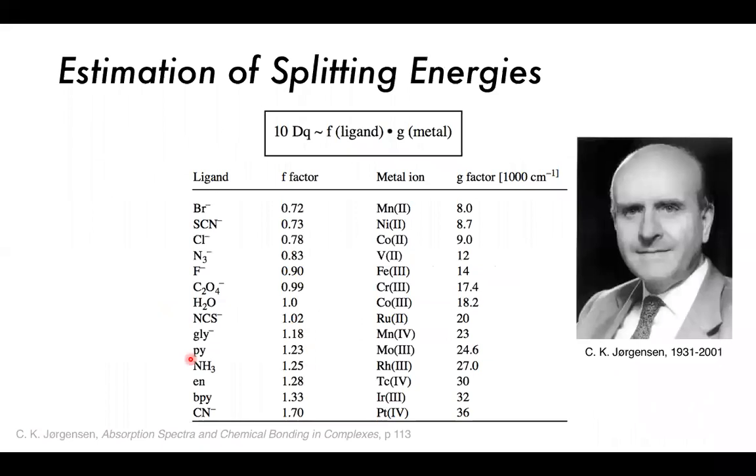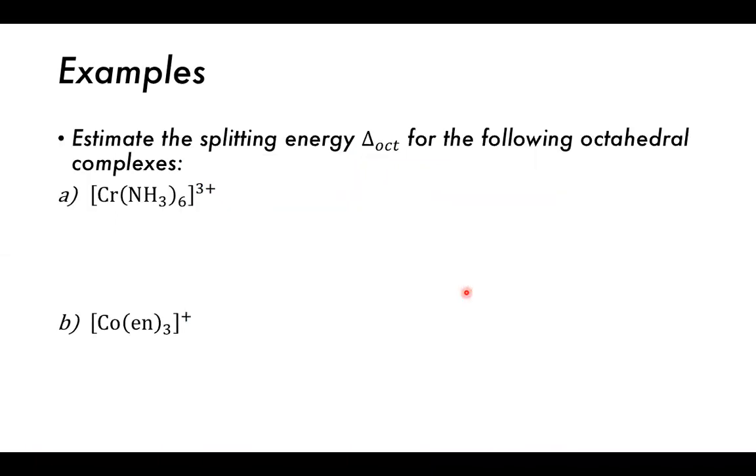So these splitting energies can be estimated. They were estimated based on the empirical data that was capable of being obtained at the time. It was found that 10 Dq is approximately equal to f times g, where f is the ligand f factor and g is the metal g factor. We multiply these two together and then times by 1000 wavenumbers, and we can estimate the splitting energy. So we're asked to do two examples here, to estimate the splitting energy Δo